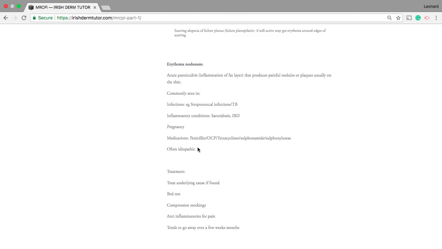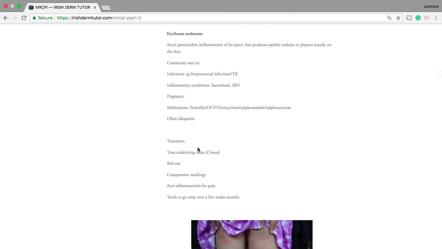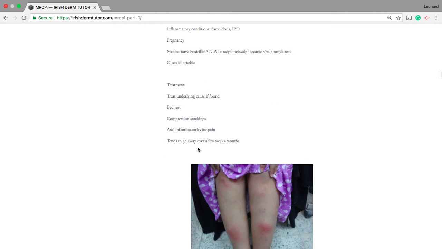So the oral contraceptive pill can cause it, the sulfa drugs can cause it, and other antibiotics such as the penicillins and tetracyclines. But often, like many things, erythema nodosum is idiopathic. The treatment for erythema nodosum is that you treat the underlying cause if found. Then you just give them some bed rest and get them to wear compression stockings. If they're in pain, they can use anti-inflammatories for the pain, and it tends to go away over a few